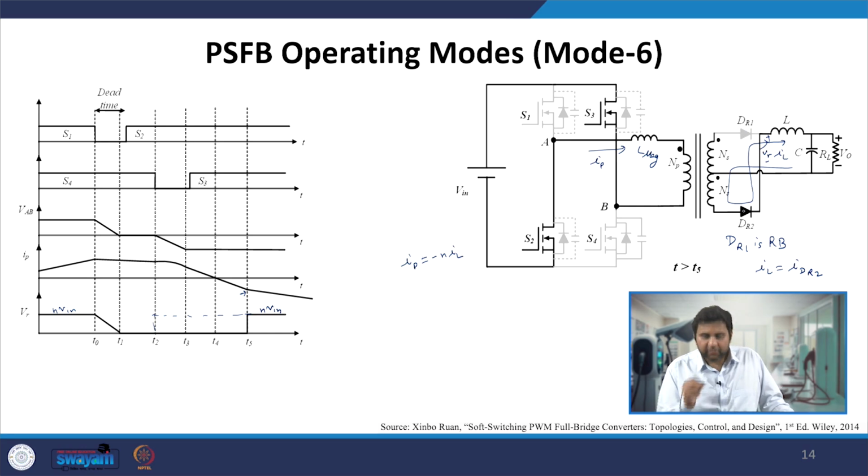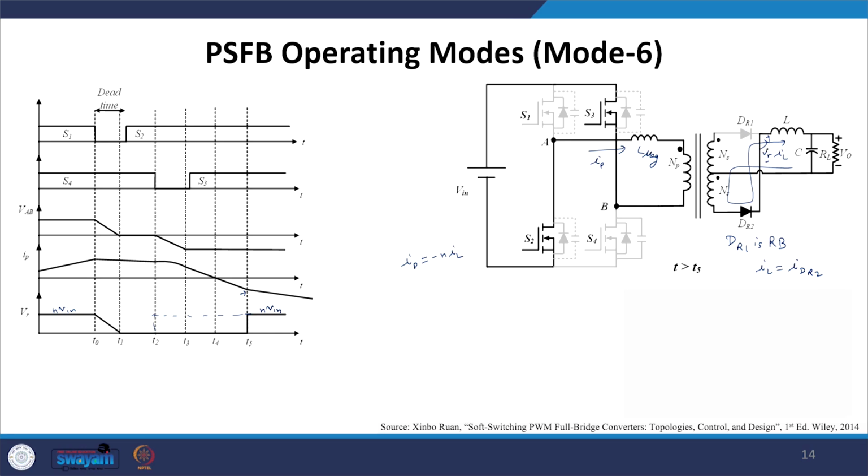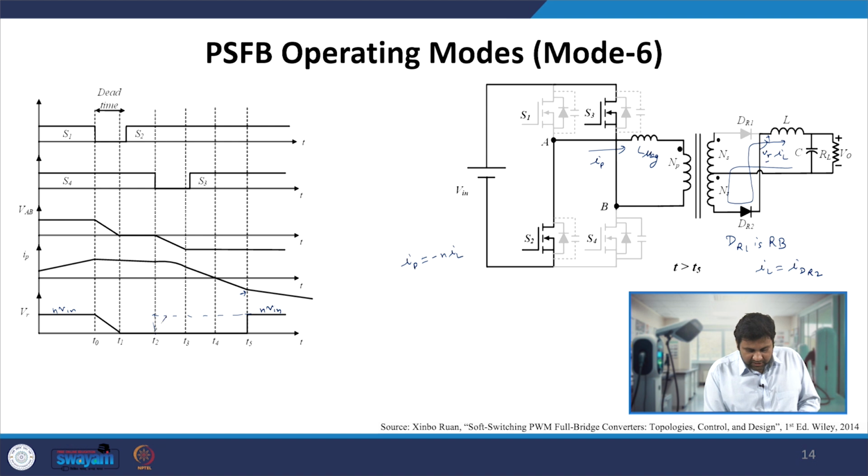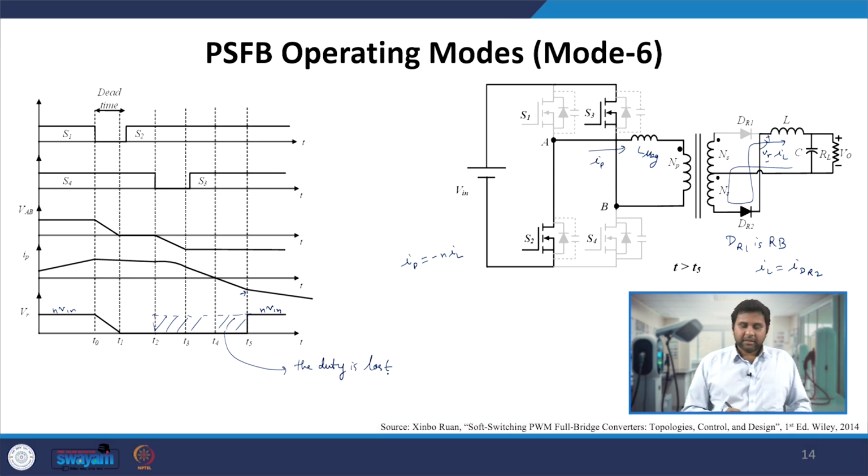That's when both DR1 and DR2 are conducting, and the rectified voltage VR after DR1 and DR2 is 0. So from here to here, this is the place where the duty is actually lost. This rising has to come from here